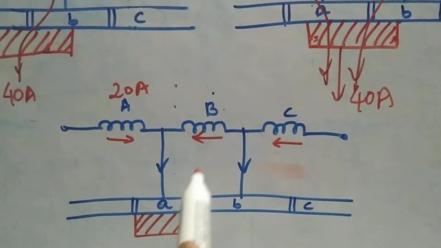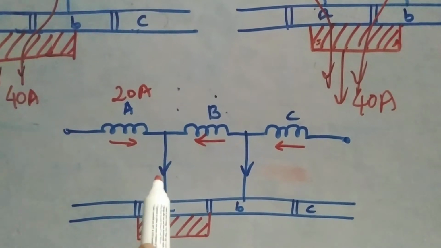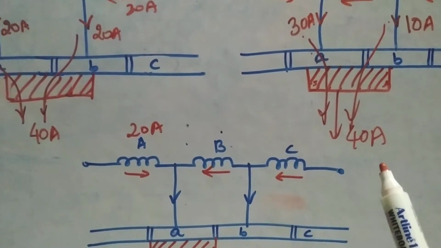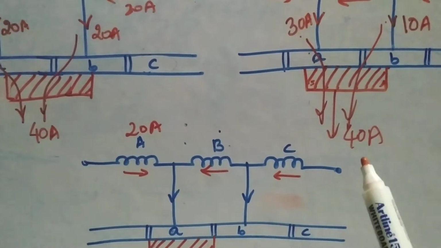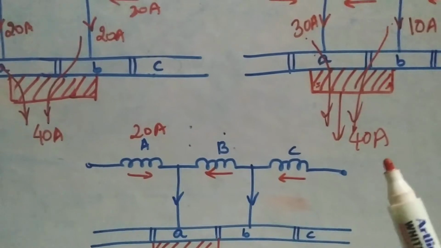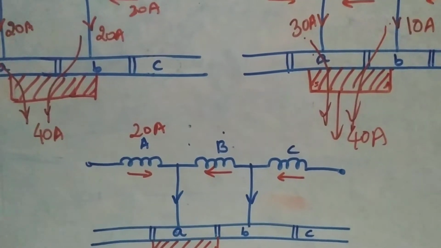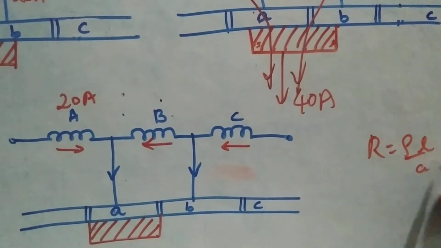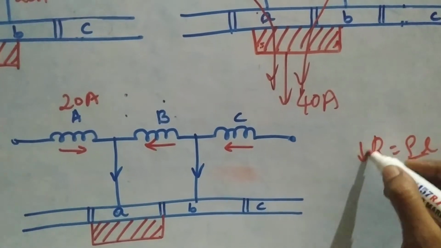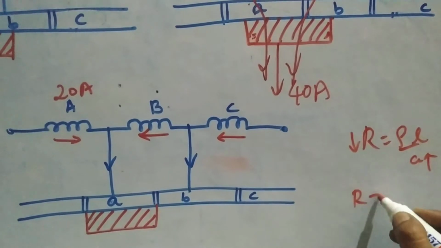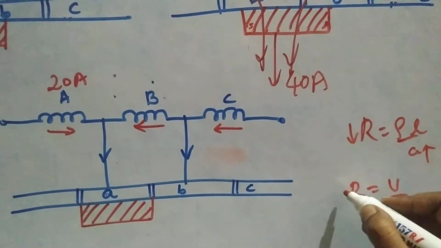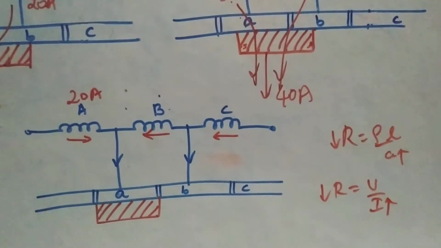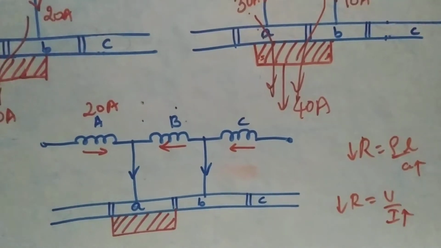Okay, so it is under more contact with segment A. That means if the contact area is increasing, the current will also increase. Yes or no? So as you can relate with R is equal to rho L by A. If the contact area increases, resistance decreases, but we know R is nothing but V by I. So if this decreases, the current value will increase. This is actually the concept.